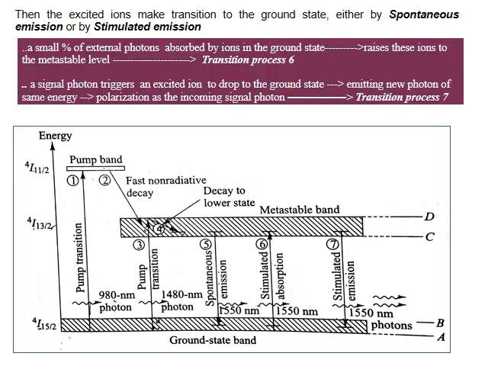Okay, so here you can see that is transition process 6 he is showing. A small percentage of photons are absorbed by the ions in the ground state. During spontaneous emission, some of the excited electrons are going to collide with some of the ions here. That's what he is telling. Again, raising these ions back to the metastable state, absorbed and sent back to the metastable state. That is called transition process 6. Okay, it's something like reflection.